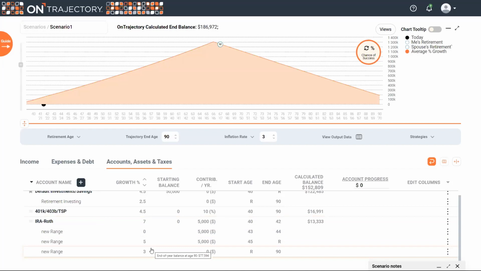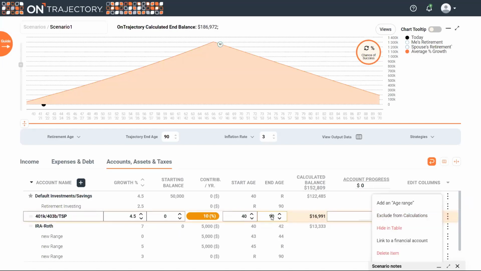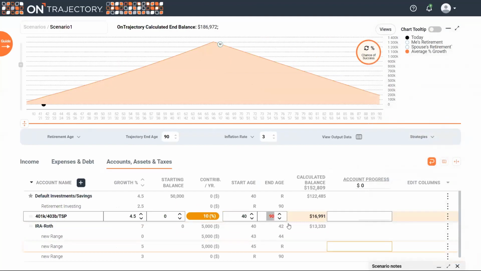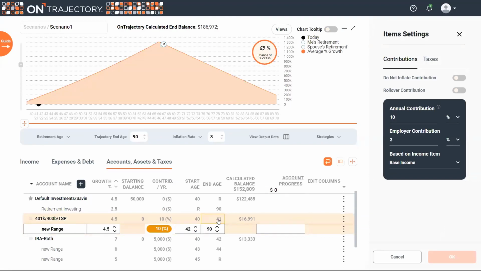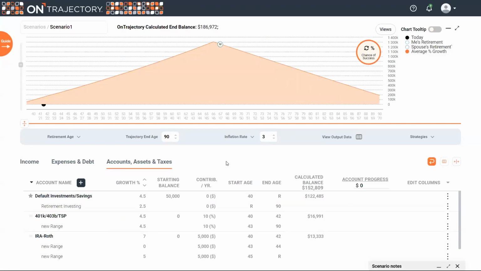But I also mentioned when I started this, I said there's also a way to do this because some people have 10 or 12 different accounts. And so you don't want to have to go in here and create age ranges or changes to growth assumptions on 12 different accounts. Let me put just quickly an age range in here. Add age range, 40 to 42. So now this is a way that I can make an adjustment broadly across the board,